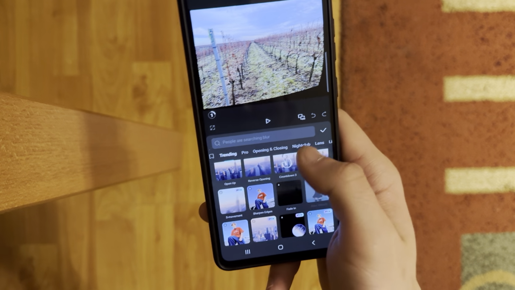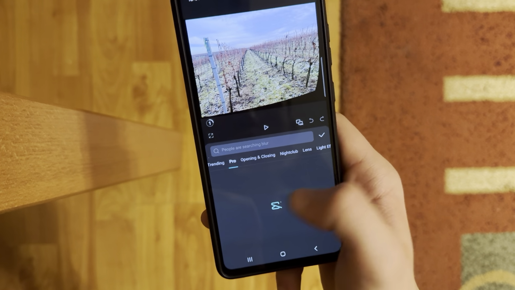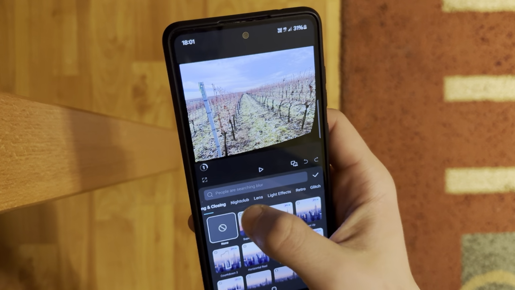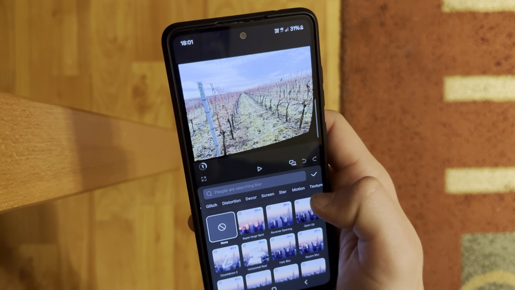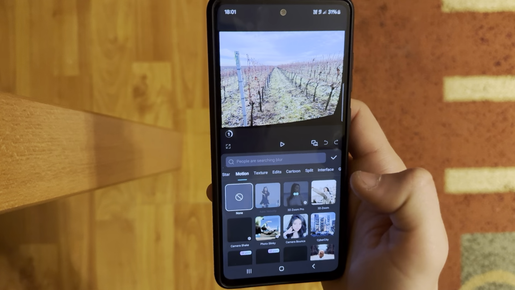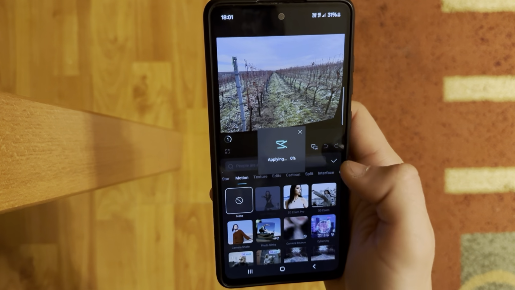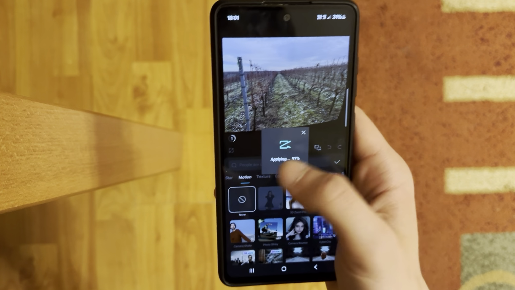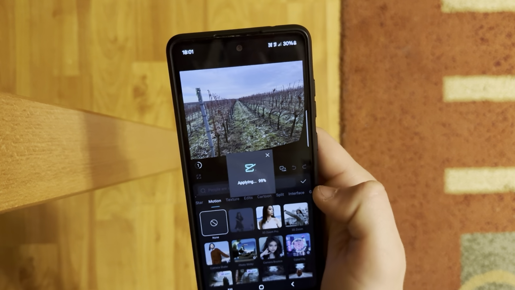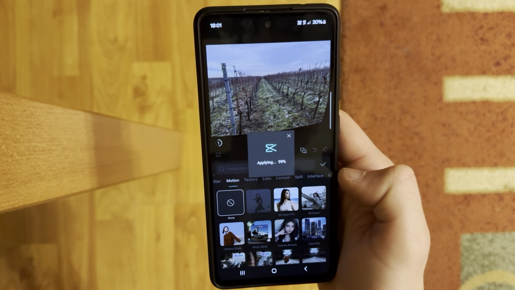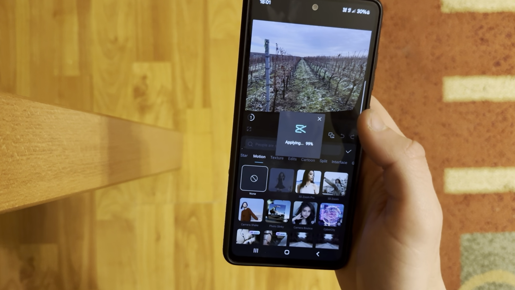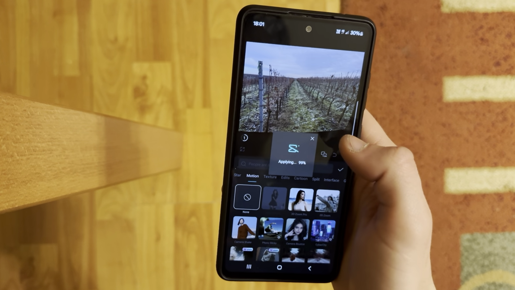Here we have a bunch of trending ones, pro effects, open and closing effects, etc. But let's see a motion effect. This 3D zoom, for example. Then it's going to be applied, load. Afterwards we can just tap on this OK sign to finish it, and yeah, afterwards we will be able to see it. Just a moment,